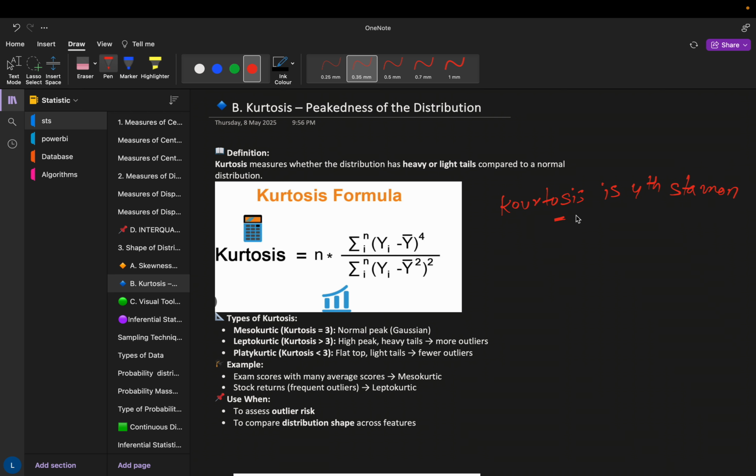As we know, the mean is the first statistical moment, standard deviation is the second statistical moment, and skewness is the third statistical moment, and finally the fourth statistical moment is our kurtosis. All right. Now, speaking about kurtosis,